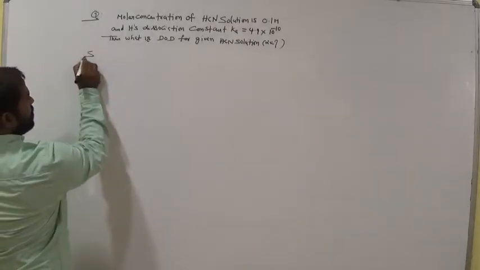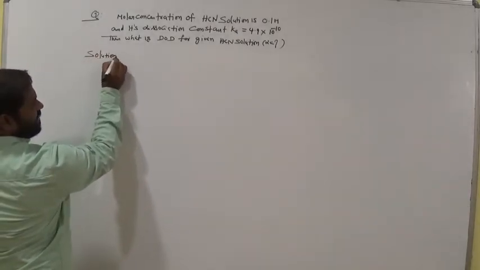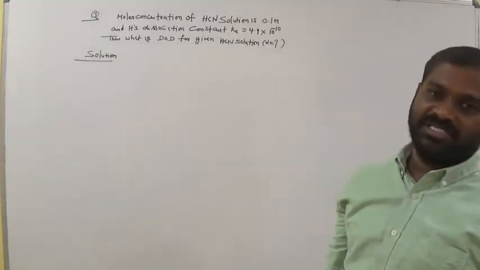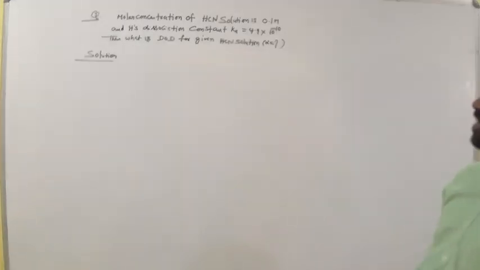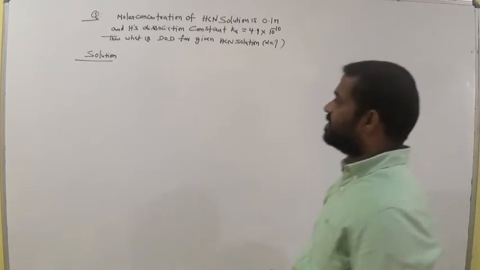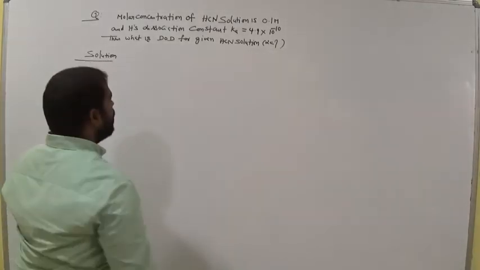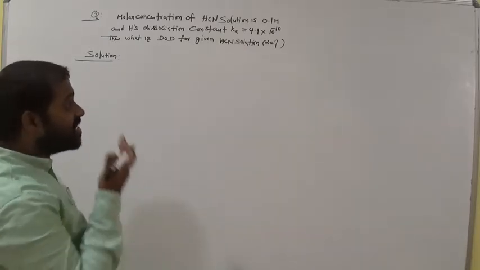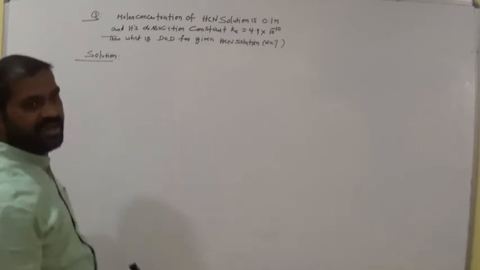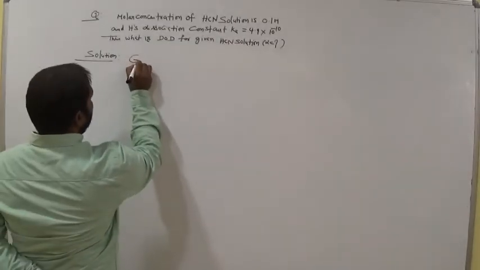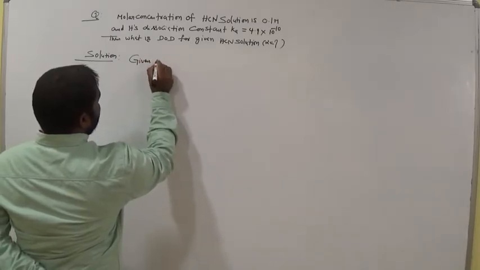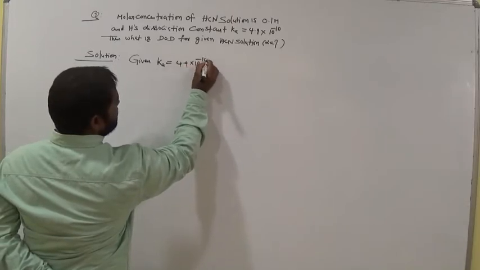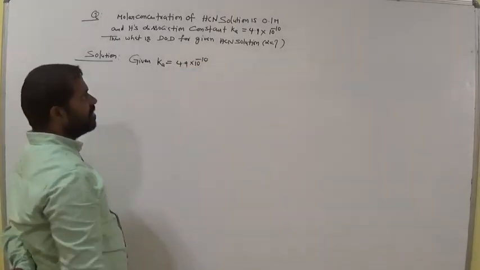Okay, let's see the solution. Very important for JEE and NEET and MSET also. Every year we expect one bit from this chapter in JEE and NEET also, especially Ka Kb related problems. This problem is very useful to you. And what is given? Ka is given. That means it is related to acid dissociation constant. That means HCN is an acid. Remember this. Given Ka is 4.9 into 10 power minus 10. Clearly he has given it in the problem.